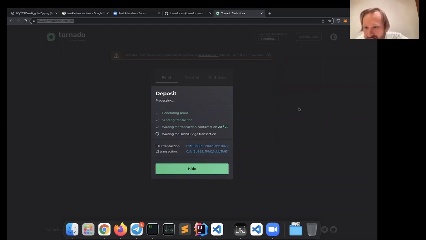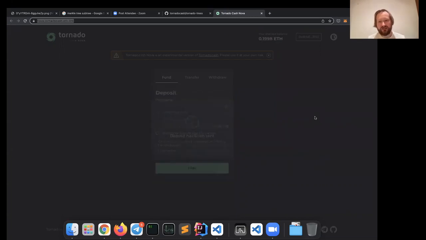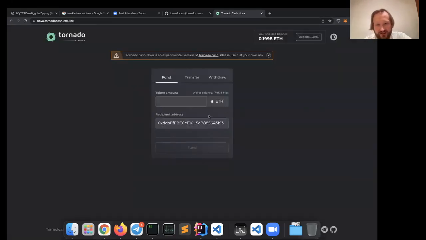How does anonymity set interact with Tornado Cash Nova? Yeah, Tornado Cash Nova anonymity set is the sum of all transactions that happen on it. It's separate from the previous version of Tornado Cash. So it's a completely separate project because we cannot change previous Tornado Cash contracts. We can only write new ones, and some users can decide to use them over it. Same situation as with Uniswap version 2 and version 3.